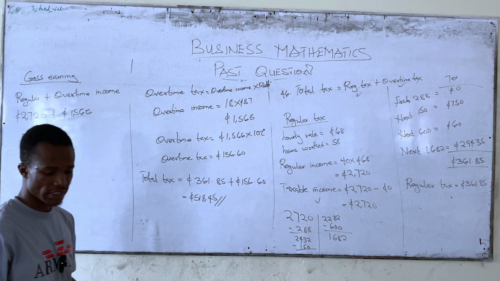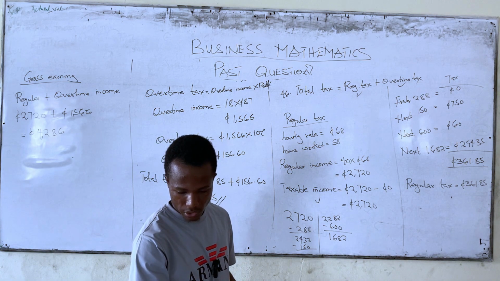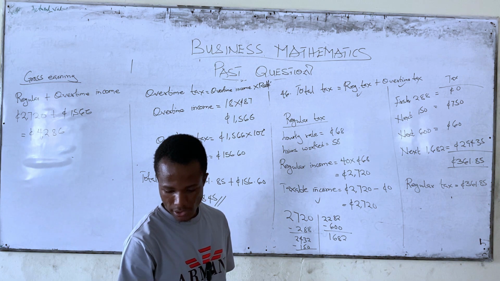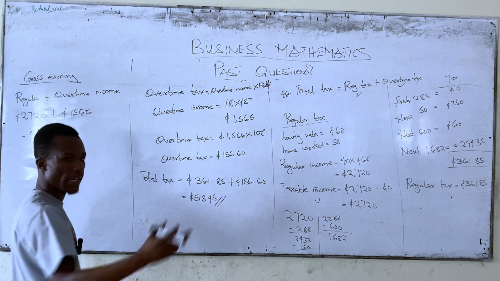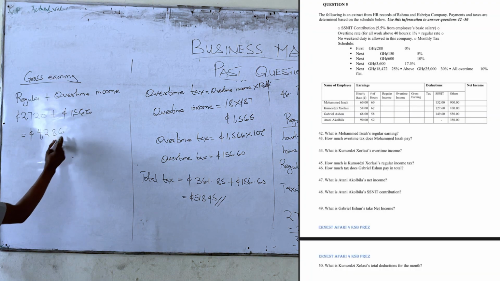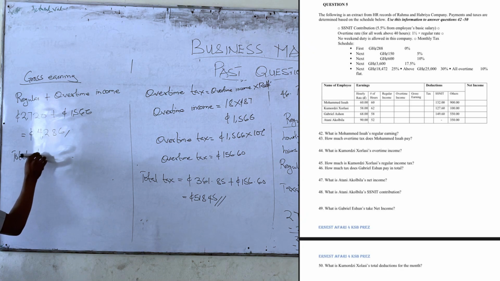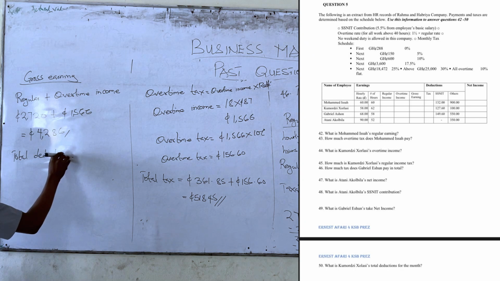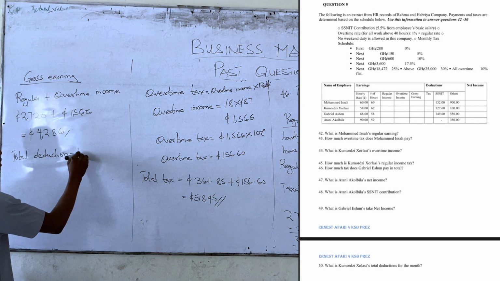Then minus deductions. So if you check Gabriel Ishan, yes, he has SNET and others. So we are going to add the total tax to the SNET and others to get the total deduction. So we are done with the gross earning. This is the gross earning. So total deduction is equal to the total tax, or let me say tax plus SNET